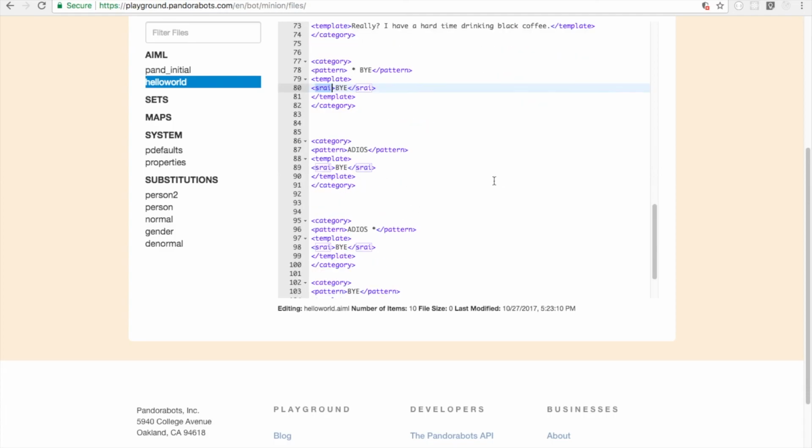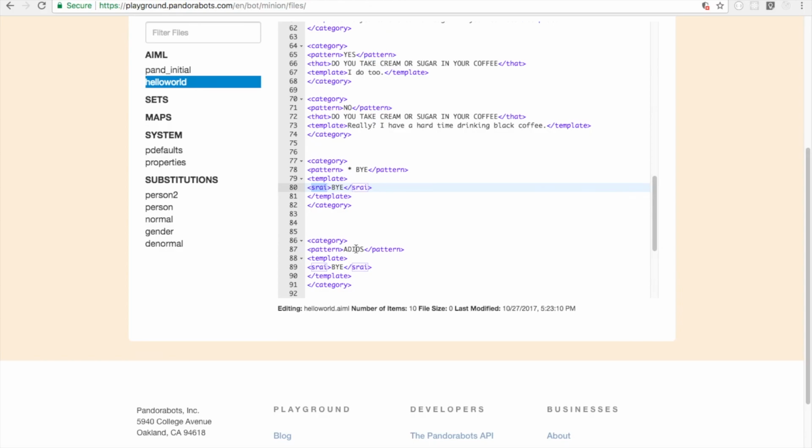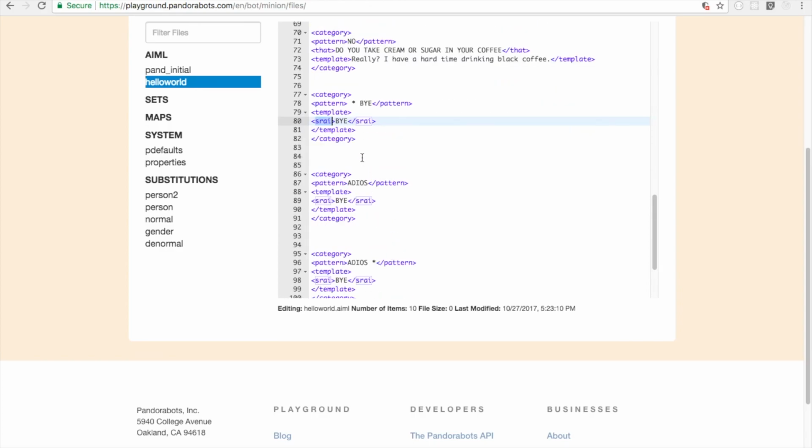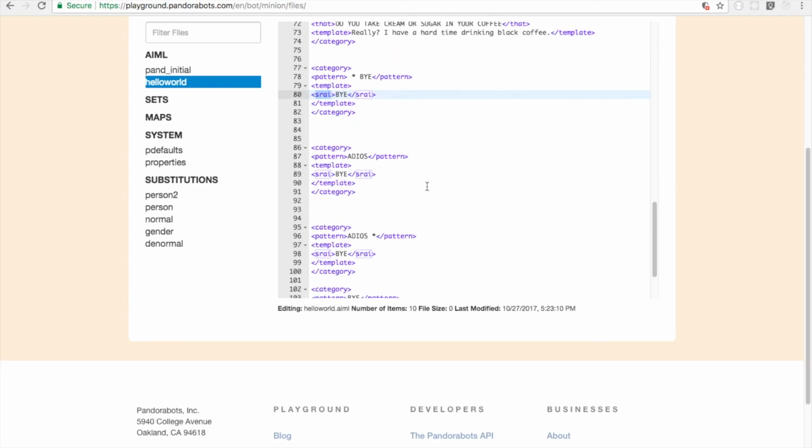Whenever the user says goodbye or adios bye or bye adios, something like that, I need to say the constant answer, see you later. I need to always give some answer to the same string that comes repeatedly. This is one of the applications of recursion that we are covering today.